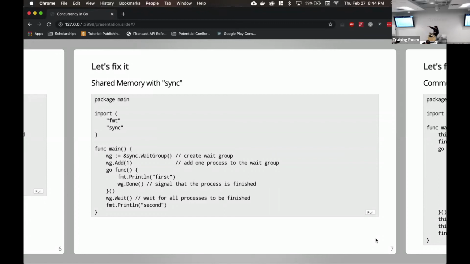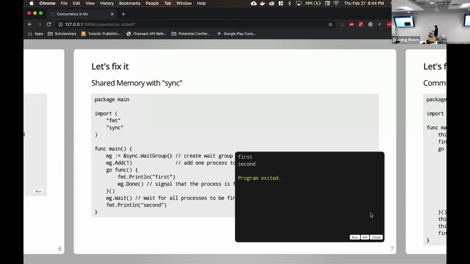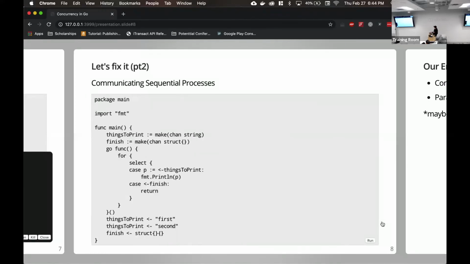So we're guaranteed here that first will always print first and second will always print second. So if we run it, we'll see first prints first, second prints second. And this is one way of handling this race condition problem, because in concurrency, again, I said it's not parallel, and that's true, but sometimes concurrent processes access the same memory, and that can cause issues if you are to parallelize it. So the other way of doing this is the communicating sequential processes way.